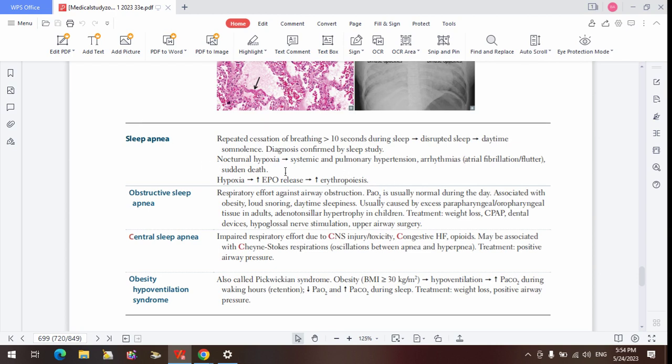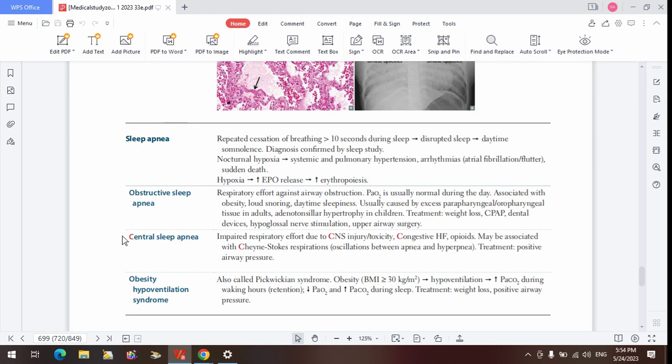People that have hypoxemia have a high chance of having arrhythmias. Very important. So arrhythmia can come from the hypoxemia or from the increased sympathetic drive that they exhibit. But it's more of the hypoxemia that causes the arrhythmia. And from there, they can have sudden death. The hypoxia is also going to stimulate the peritubular capillaries of the kidneys to release EPO, which brings about erythropoiesis. So increased hematocrit is one of those things that you can find in people that suffer apneic episodes at night.